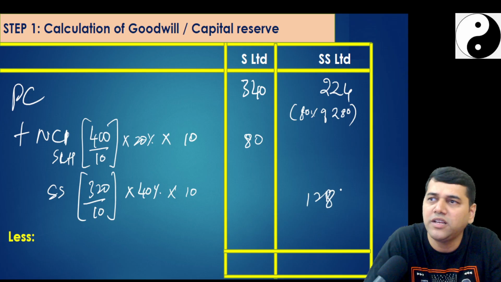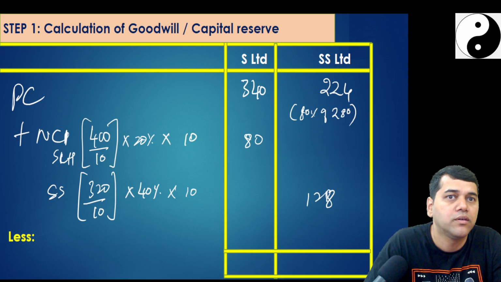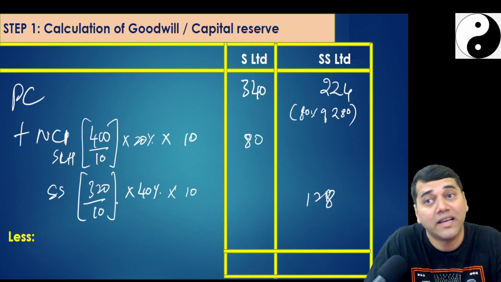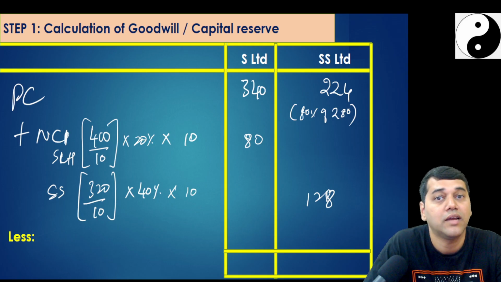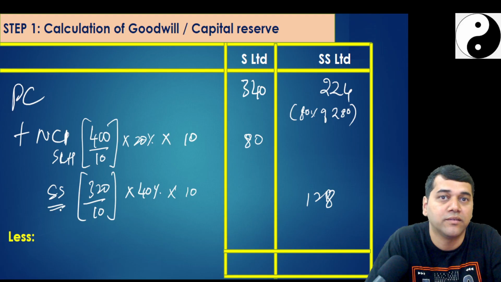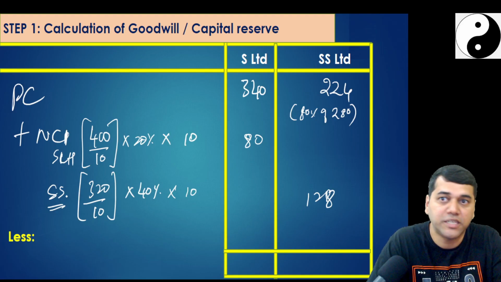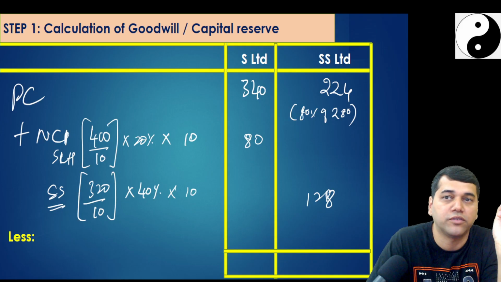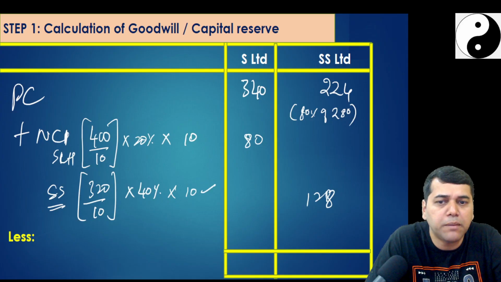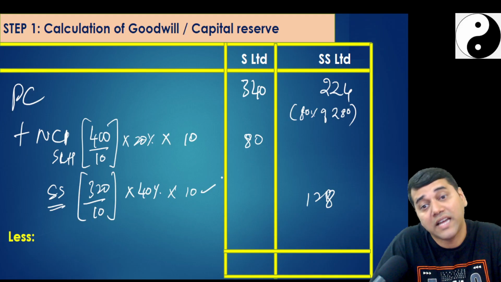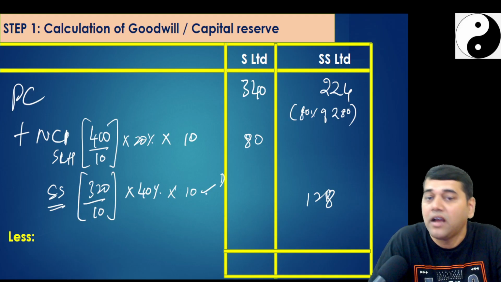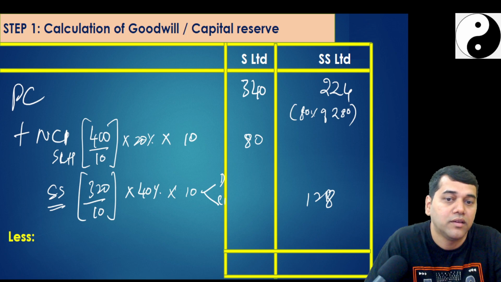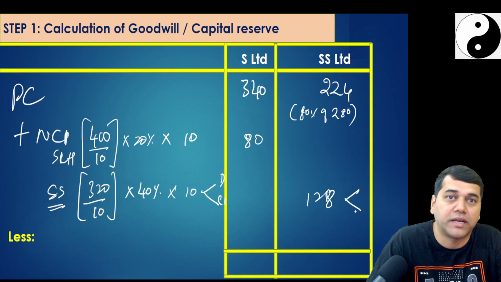Please, if you are not clear, please discuss that. Because see, how much is the total NCI at SS level? Because we are calculating NCI at SS. Out of 100, if 60% parent is holding, NCI will hold 40%, no? So I don't need to give a breakup there. How much NCI is direct NCI? How much NCI is chain NCI? That breakup is not required. Here in 128, there are two breakups actually.